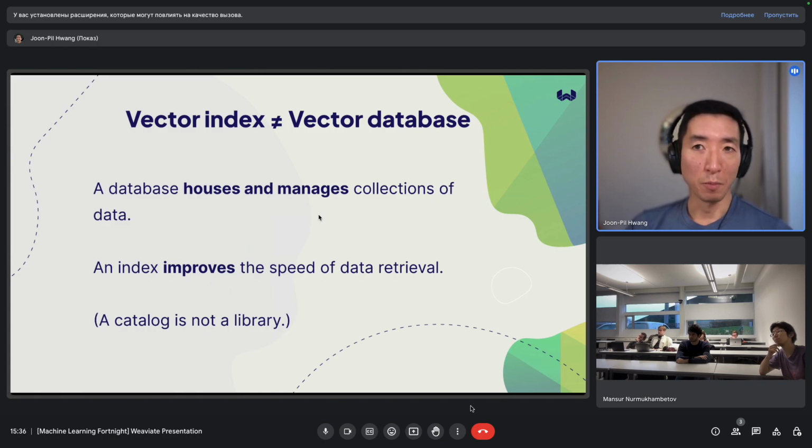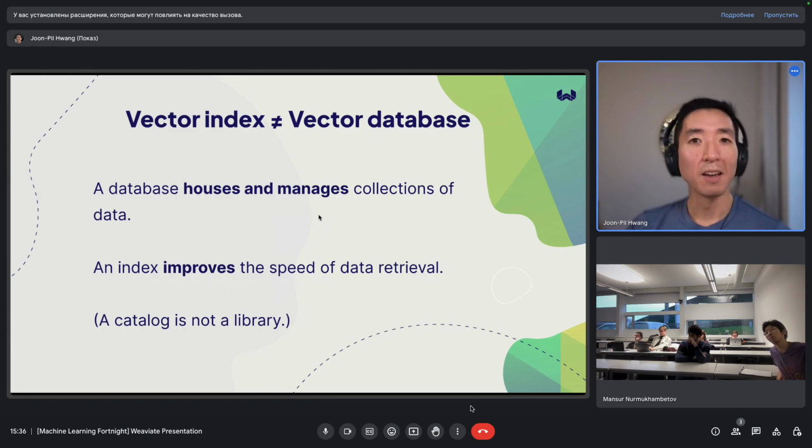I will mention one more thing, which is that a vector index is not a vector database, right? This is analogous to saying a library catalog is not a library. Just because you know where to find certain things, it doesn't mean that you actually have the underlying information and the data.